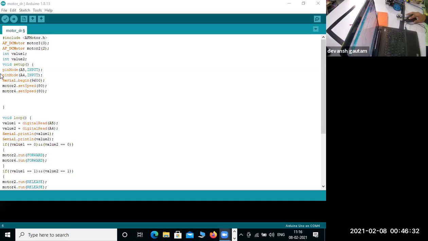So next we have value 1 and value 2. These value 1 and value 2 are variables. These are small containers, like sauces and other small things, which help you hold your data.